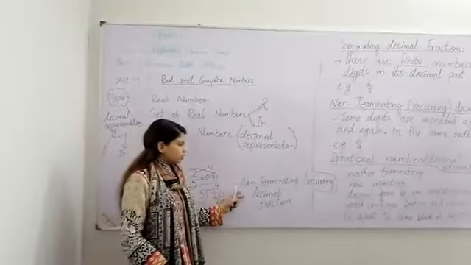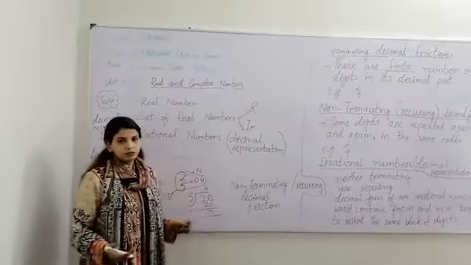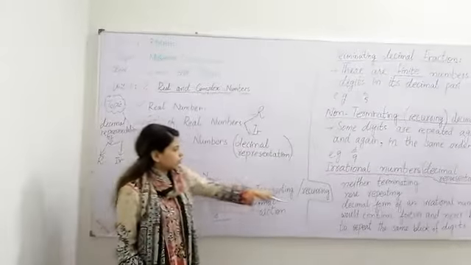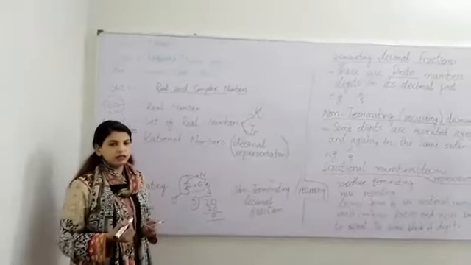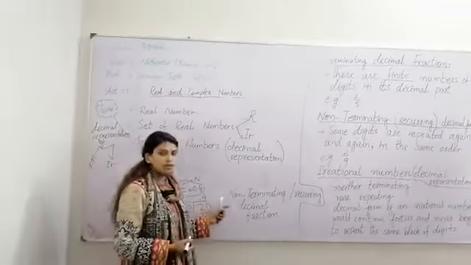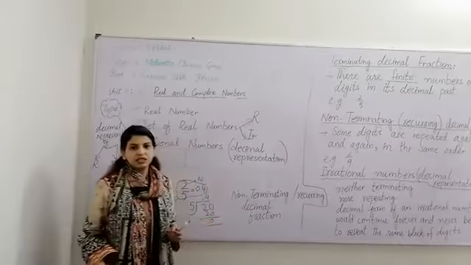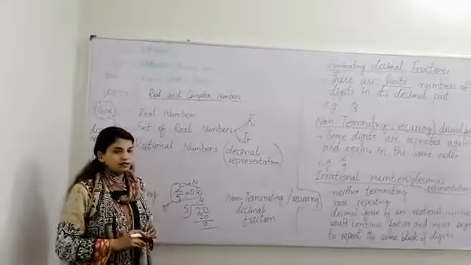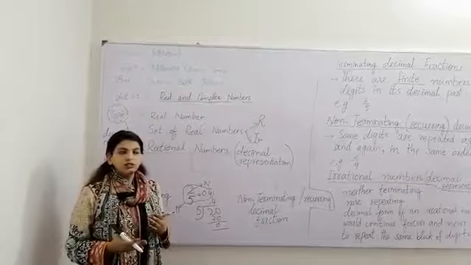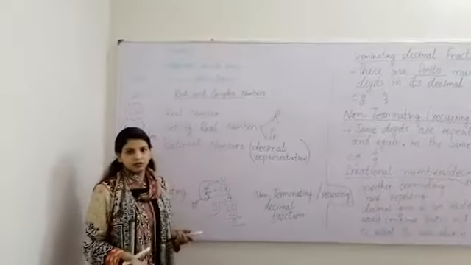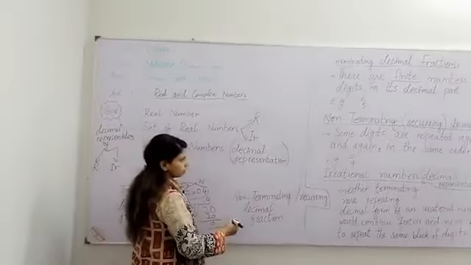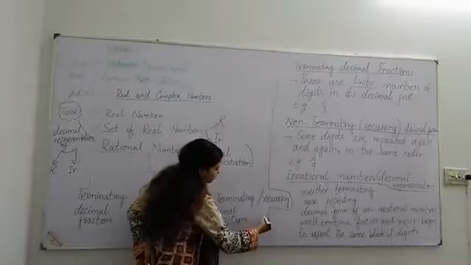What is meant by non-terminating decimal fraction? Let me define it first. It is also known as recurring. With the name recurring, you can get a better concept that in these types of fractions we have repeated values, or not a finite number of values. Finite means a limited number. So in non-terminating fractions, let's have another example.